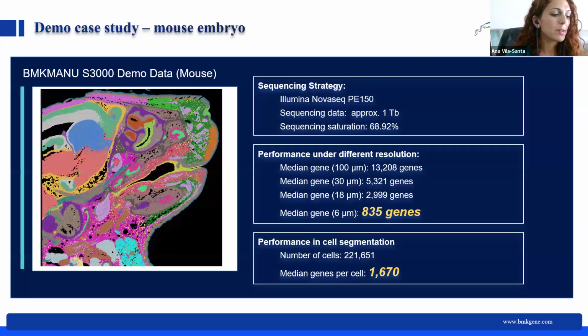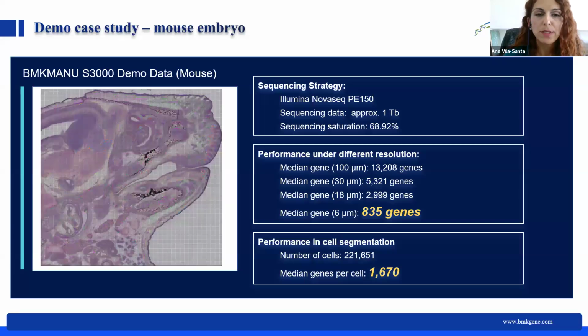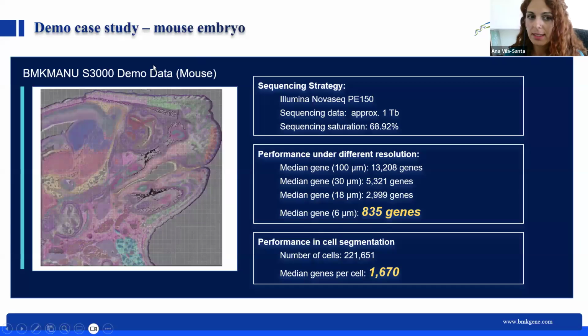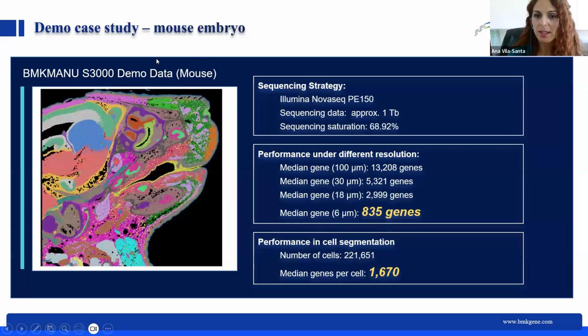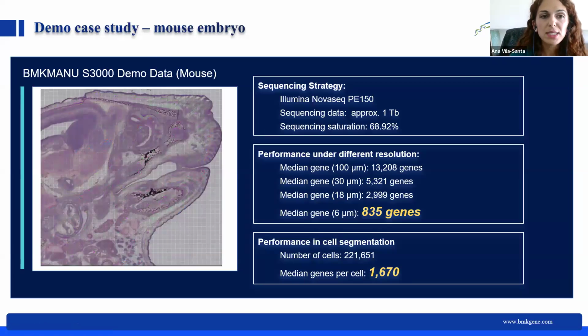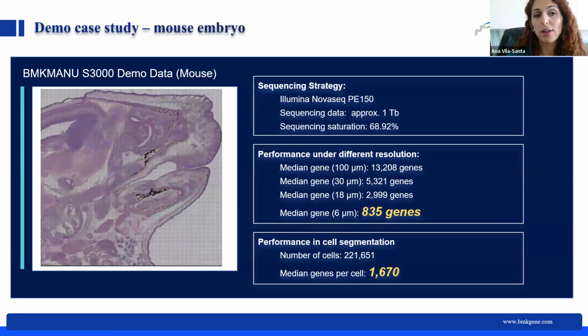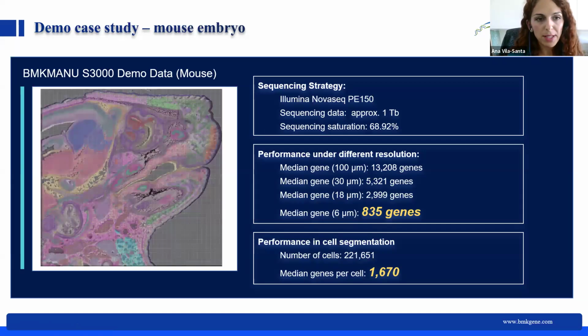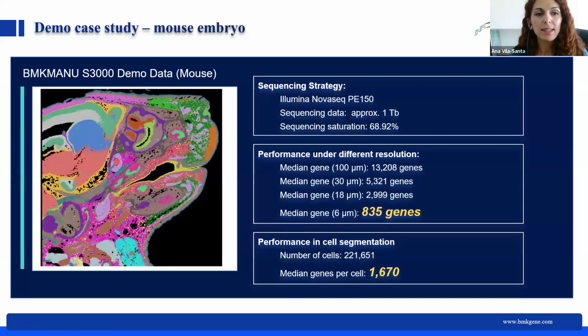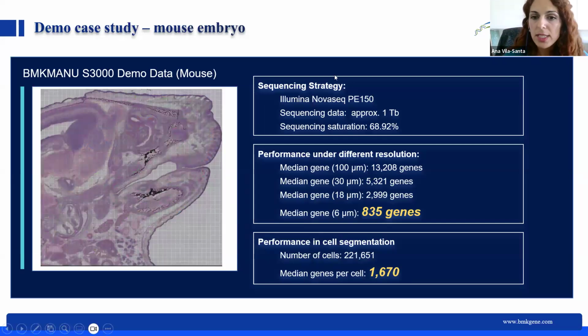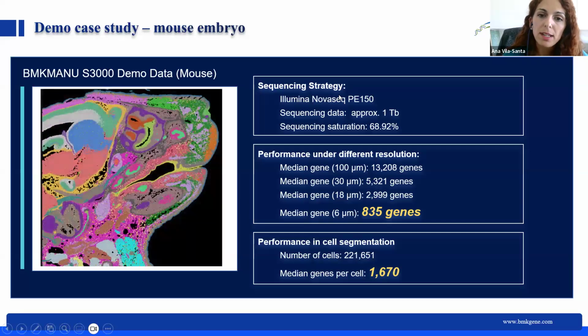So that is it about bioinformatics. I would just like to take this last time of this webinar to talk about some case studies and basically look at the utility of this spatial transcriptomics technology. So this first demo case was generated using a mouse embryo, and it was with the S3000 chip. So that chip that is upgraded, that has more spots, and that resolution is 3.5 micrometers. Using this chip and sequencing on Illumina NovaSeq,